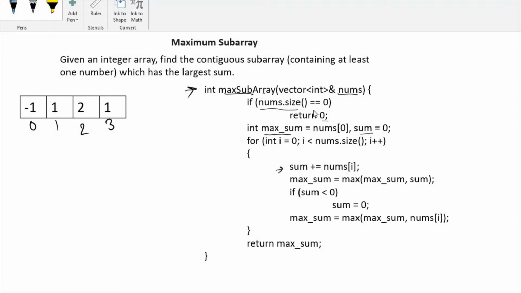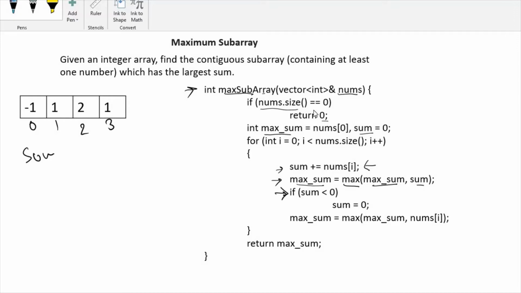In the sum variable, one by one I am adding all the numbers, and calculating the maximum among maximum sum and sum. So this is storing our answer, which is the maximum of maximum sum and sum.